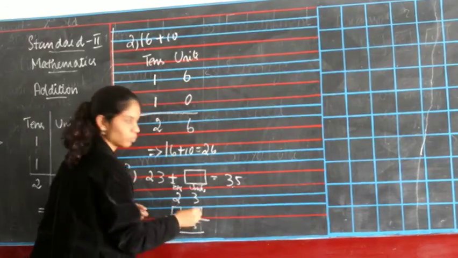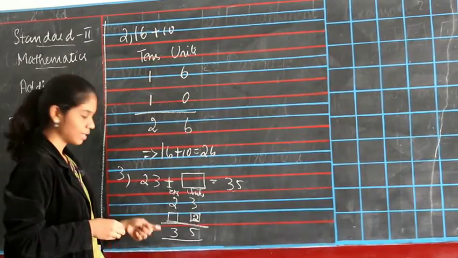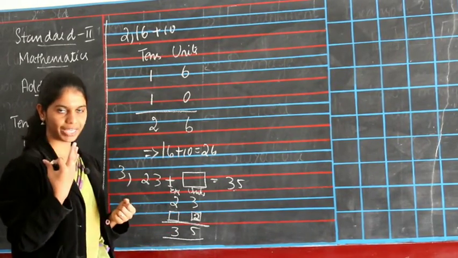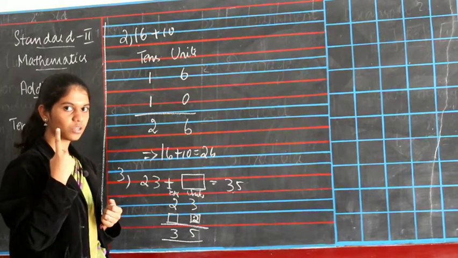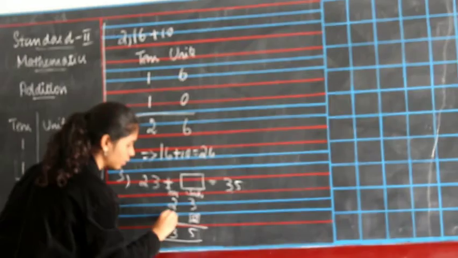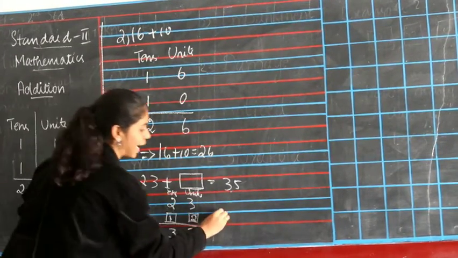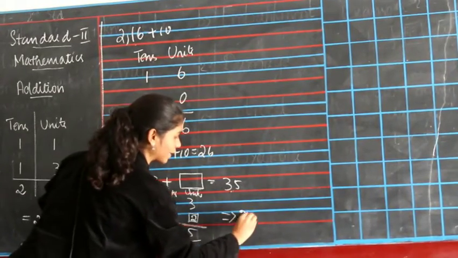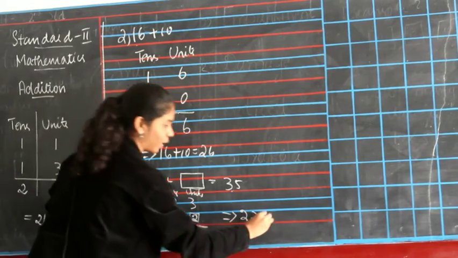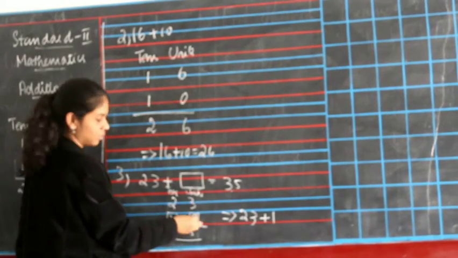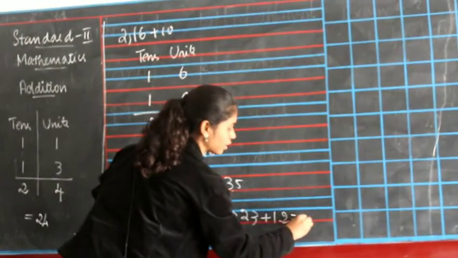So 2. Then here you have 2 and here you have a box and then 3. So you want 3. So 2 in your mind, 2, after that 3, right? So 1. If you add 1 to 2, then you will get 3. Okay, so the answer in your box is 23 plus 12. 1 is the tens, so 1 should be first, and then 2 you got as the unit. So 12 equals 35.